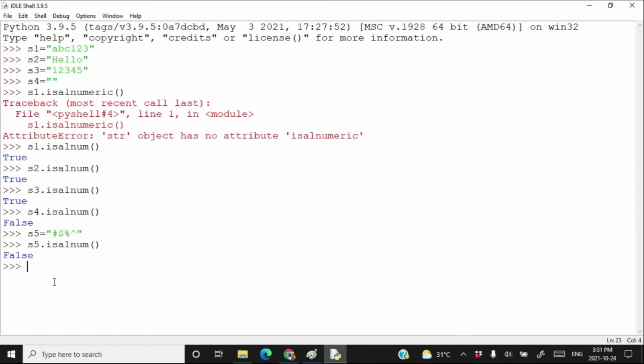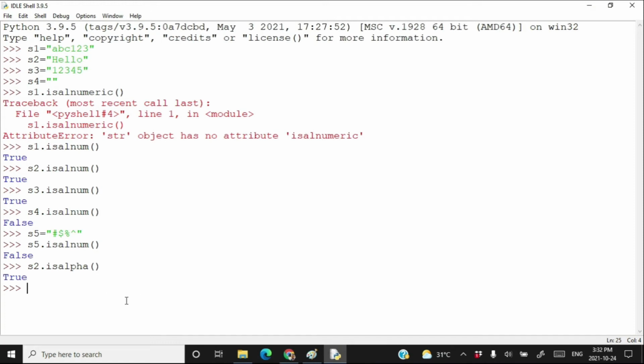Apart from alphanumeric, you can check if a string is just an alphabetic string or not. A string is an alphabetic string if it has only alphabets, nothing else. For example, s2.isalpha checks whether the string consists of only alphabets or not.